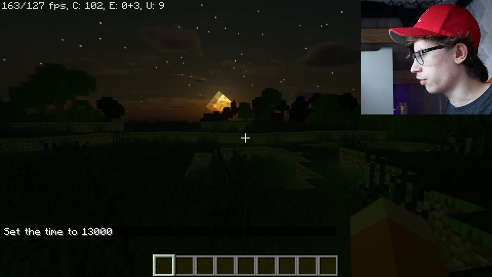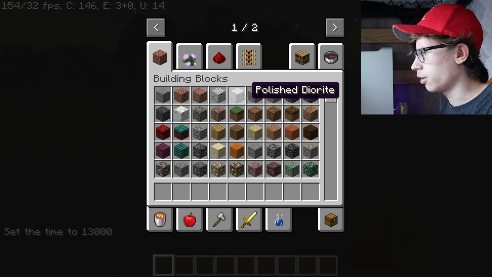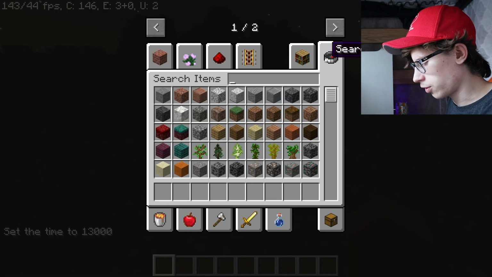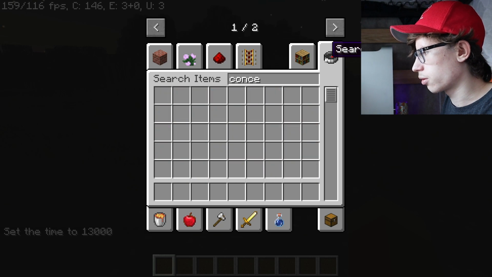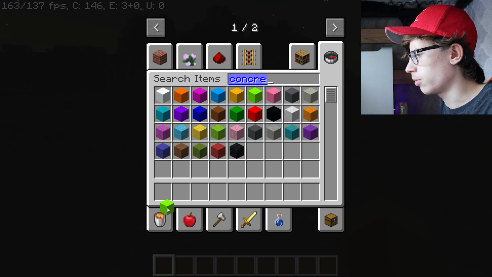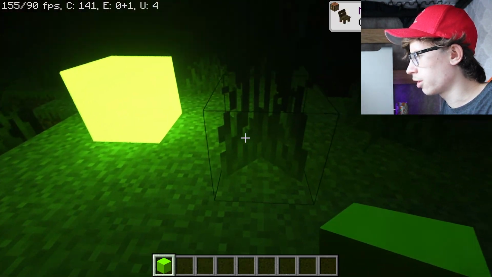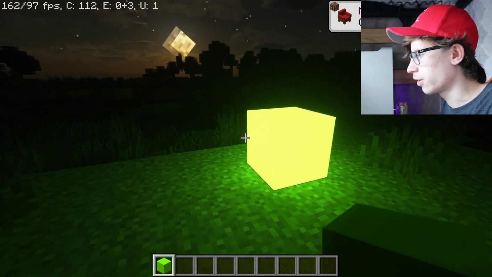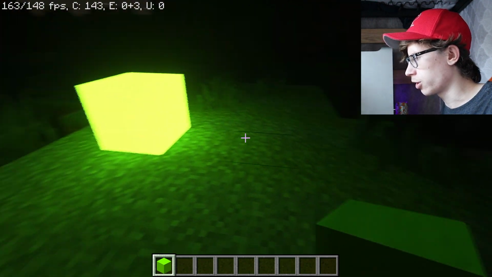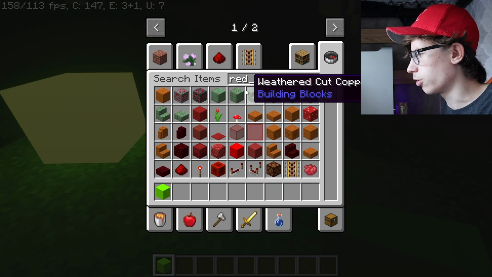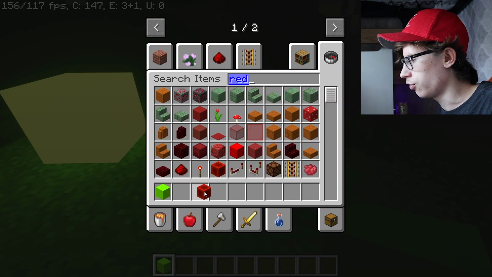So now that it's nighttime, I'm just going to type in concrete. We'll take some lime green concrete, and bam! Look at that! The block itself is glowing, similar to that of the redstone block. And for that, I'm actually going to bring up the redstone block as well, just to show you what I